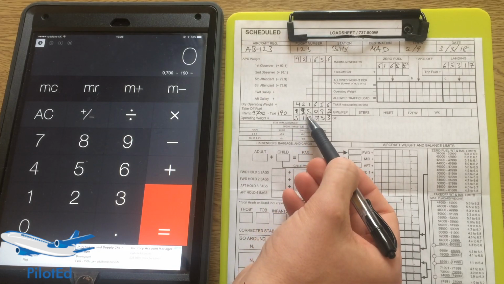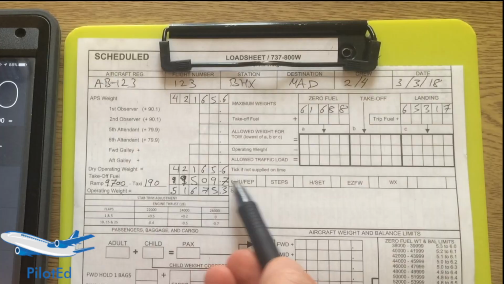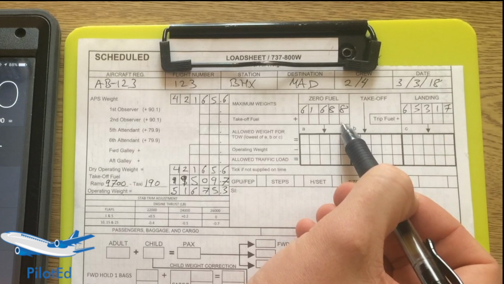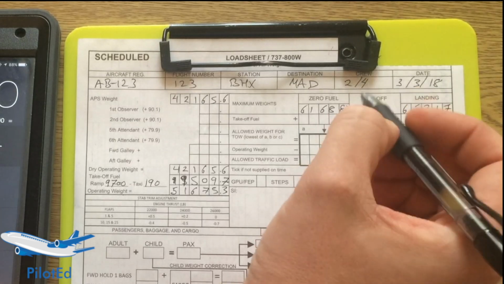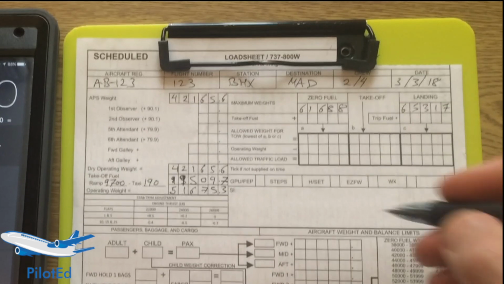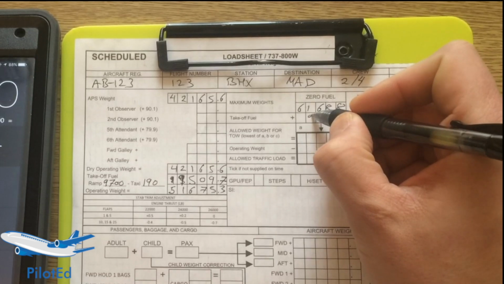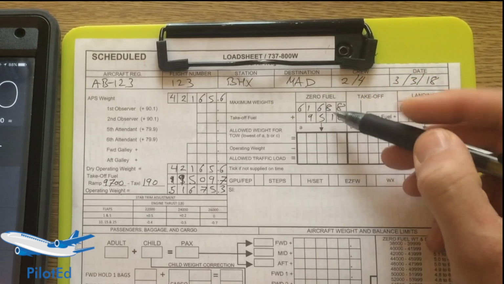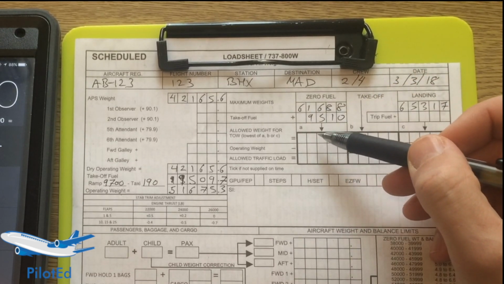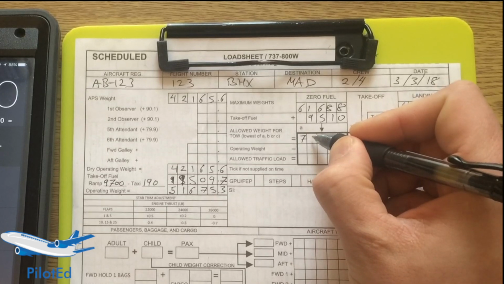From that figure there, 9,510 can also come over here. You can see there's no decimal point here, so these aren't corrected fuel figures yet. So I can type in the fuel that we had, which was 9,510, and get an allowed weight for takeoff. I can sum those up. It's going to be